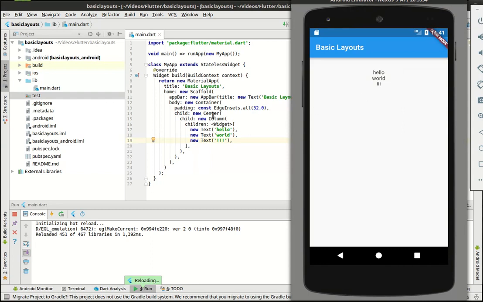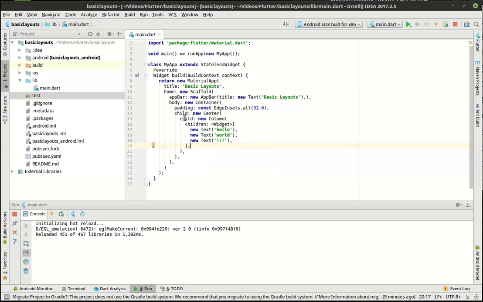Now, in that center, we have a child called a column. The column does top to bottom. The widgets that we have in there are three texts: hello, and hello, world, and then the exclamation. So bang, bang, bang, there's our three. Pretty simple, pretty easy to use a column, but as you can see, our text starts getting a little crazy in the tab markers. These lines keep going out and out and out, and it gets kind of nuts here. So what we want to do next is we want to say new row,